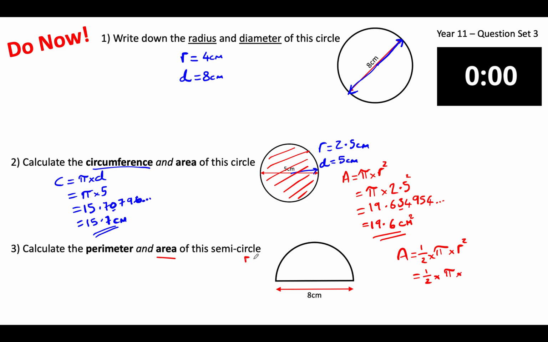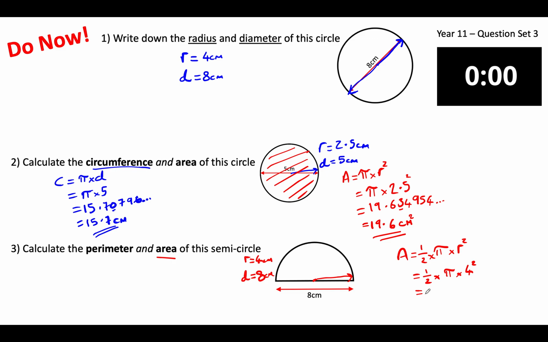So let's do r equals and d equals. What have I been given? I've been given the diameter. Because if the whole circle was there, that would be all the way across. Now the radius is only from the center to the outside, so that's going to be half of it, which is 4. So half times pi times 4 squared,